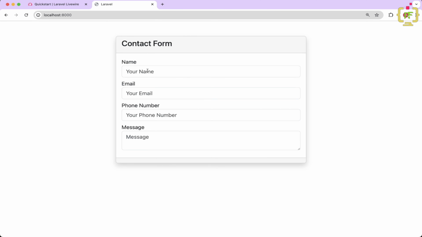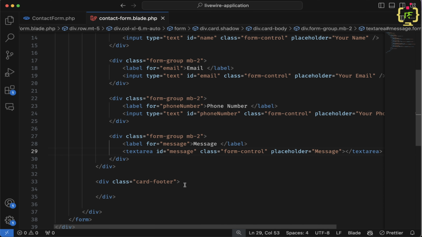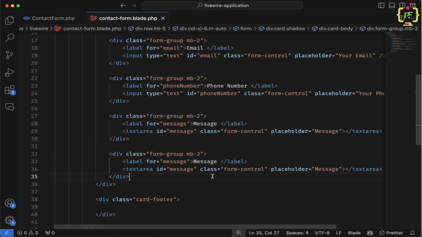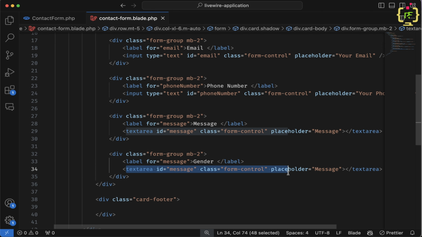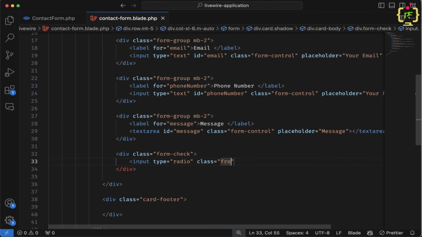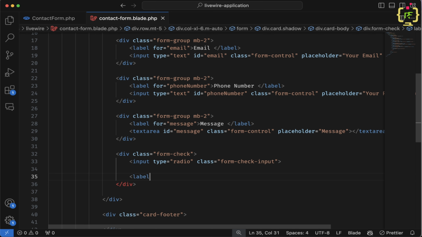So we have the input field as text area, and we will add radio button and checkbox as well. I will add gender, and this will be our radio button. I will set input type radio. I will pass class as form-check-input. So this will be basically our Bootstrap 5 class, and inside this I will create one label for male, and